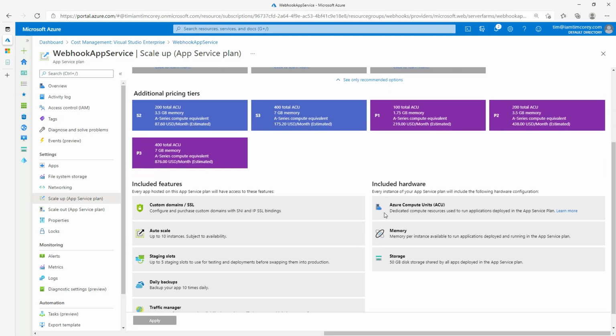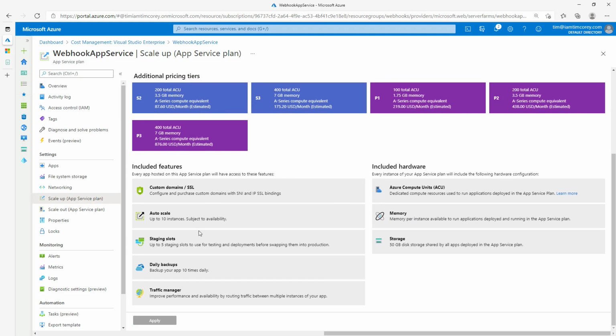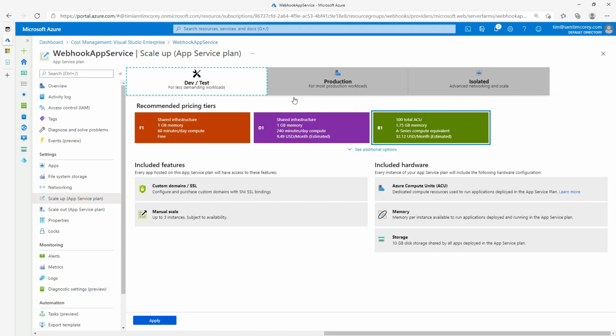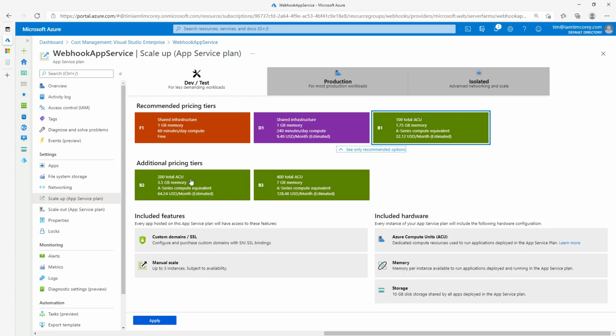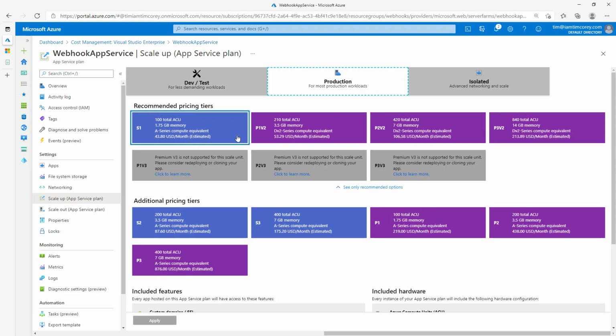But notice down here, the things that we get: traffic manager, daily backups 10 times a day, 5 staging slots, up to 10 instances. Whereas with this one right here, we don't get any of those. We get manual scale and that's it. So we're losing a lot there. But you can see additional options and go, oh, well, there's this one, but it's $64 a month. So you can at least look at this and go, okay, it makes sense. I think we're good at this level. It's the cheapest one we can get